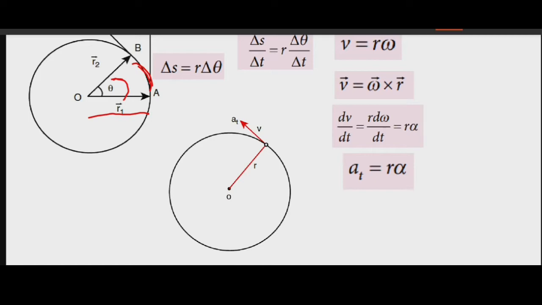So delta S is equal to R into delta theta. Then in a time delta t, we have delta S by delta t is equal to R into delta theta by delta t. In the limit value delta t is equal to 0, the above equation becomes,